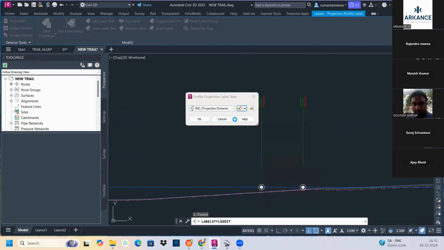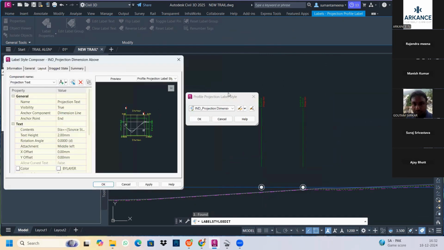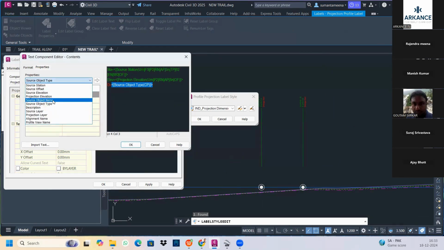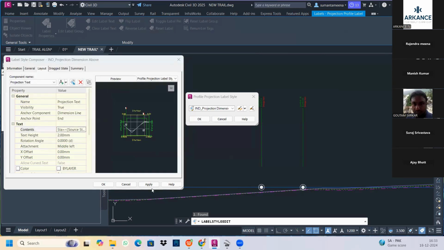लेबल स्टाइल, अब क्या करेंगे, इसको मैं यहाँ से स्टेशन में जाएंगे। और अगर इससे नहीं आ रहा है, तो फिर हम सेलेक्ट करेंगे रोड डिस्क्रिप्शन या ऑब्जेक्ट नेम क्या है आपका, उससे आ जाएगा। चेक कर लेते हैं।